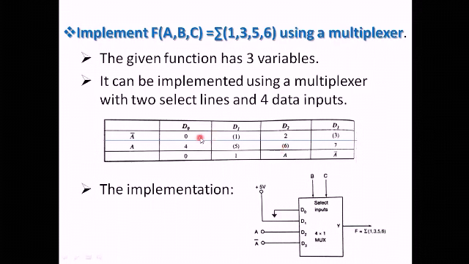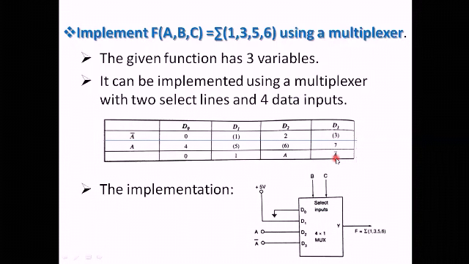So it is 1, 3, 5 and 6. Now we will see the values. See, in this case, no min terms are present in the expression. So it will be 0. As both the min terms are present here, so it will be 1. In this case, 2 and 6. So 6 is present here. So it will be A. Why? Because 6 corresponds to A. And in this box, 3 is present. That is 3 is encircled. So 3 corresponds to A bar. Now, what will be the values? 0, 1, A and A bar.